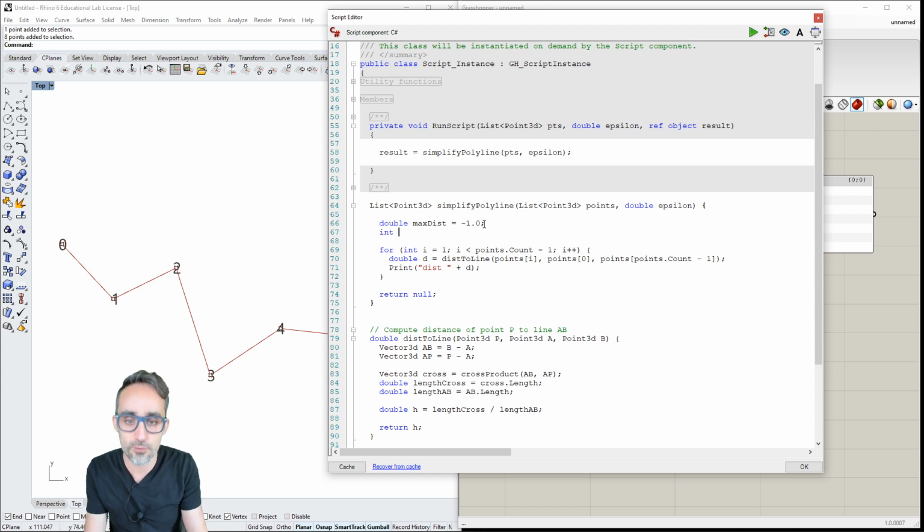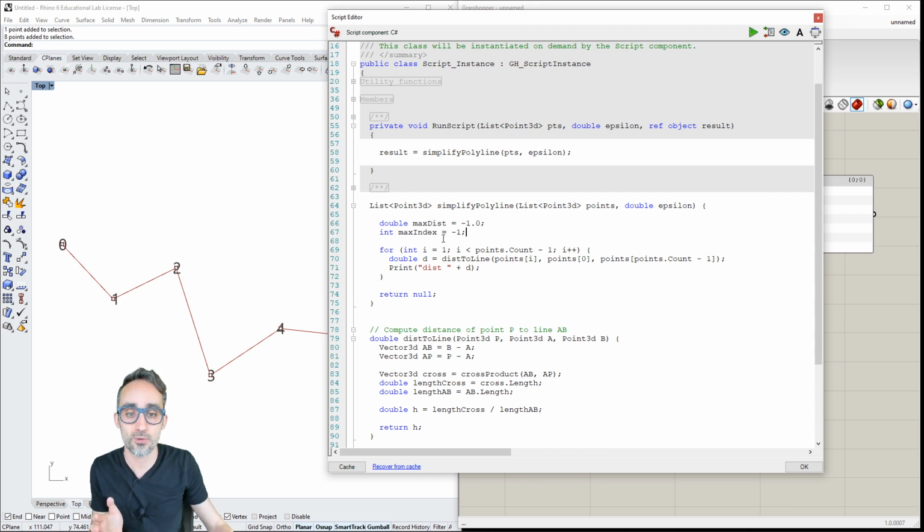I'm also going to initialize an integer, maximum index, which I'm going to use to keep track of whenever I find a point whose distance to the line is larger than any one I have found before. I want to keep track of which one that was. Was it point 1? Was it point 3? Point 7?